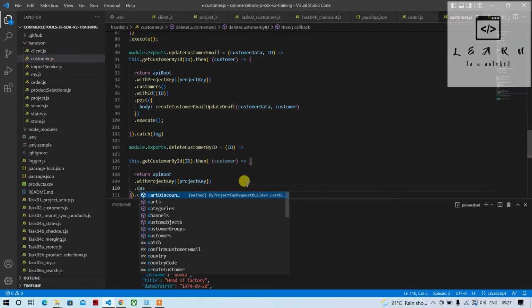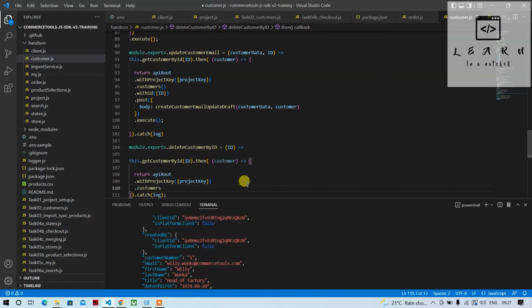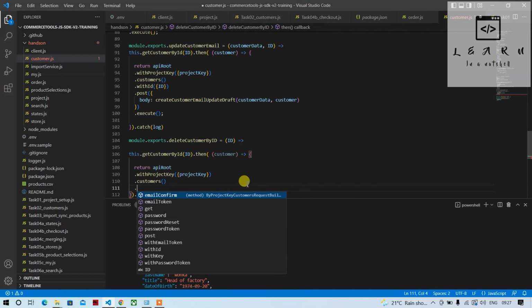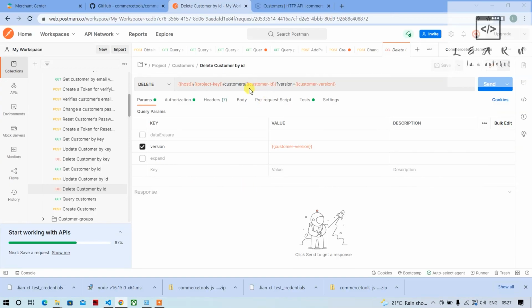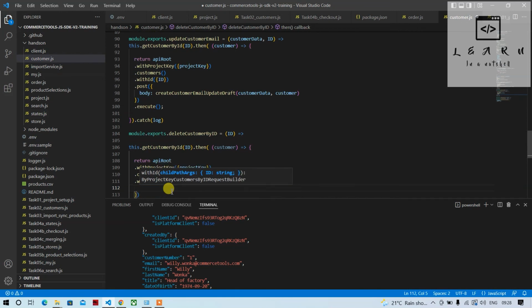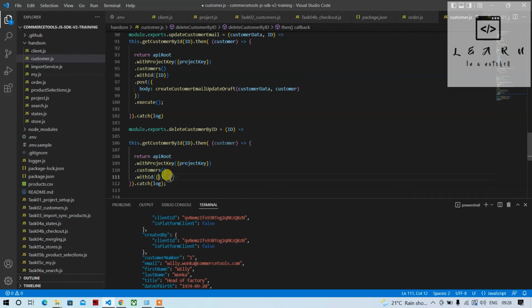It is the customers endpoint, open close bracket. Then we'll have to pass the customer ID, and then the version. So what you have to do, with ID and pass, we don't have to do all these things, can directly pass ID,